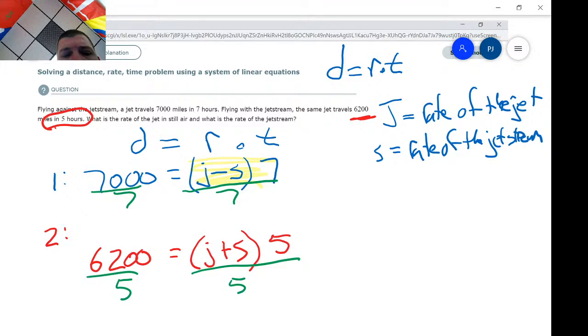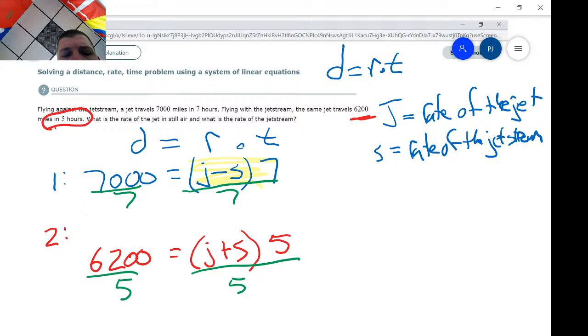And now, in order to solve for the rate of the jet stream, I just need to substitute. I can use either one of these two equations. I'll use the second one, where I've got a positive S. So I'm going to plug in my number. So I have 1,240 equals the rate of my jet, 1,120, plus S. Now I can subtract 1,120 from both sides. That leaves me with S over here, and I've got 120. So the rate of my jet stream is 120 miles per hour,